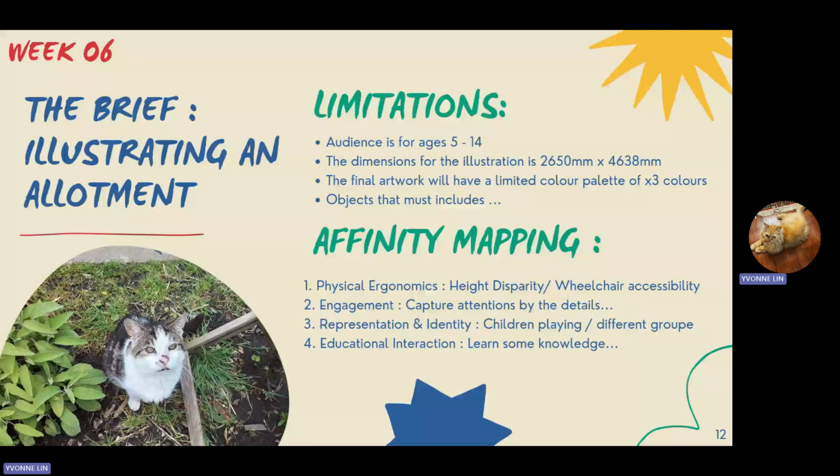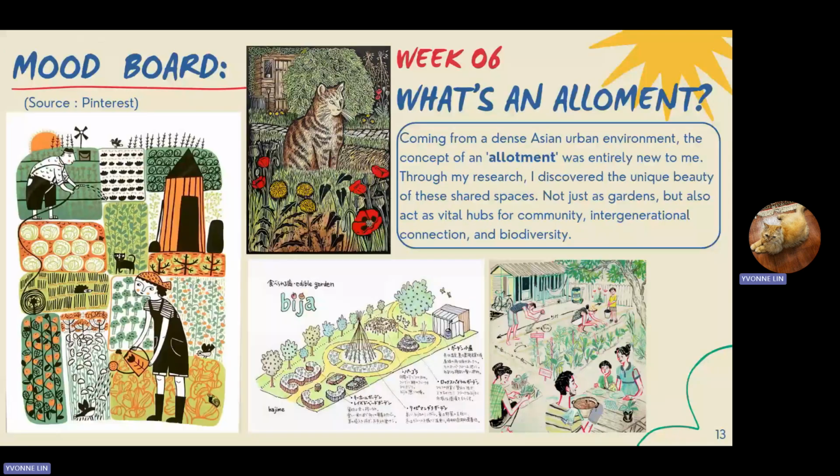Before I started designing, I first needed to understand what an allotment was. Since I grew up in a big Asian city, it was a concept I had never encountered before. Through my research, I realized that allotments are much more than places for growing vegetables. They are spaces where communities come together, connect with nature, and learn from one another. This encouraged me to think beyond creating a simple garden illustration and consider how I could design a more meaningful